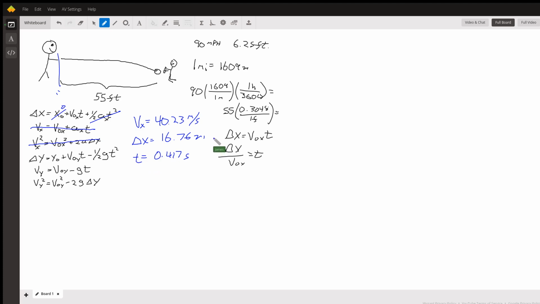Okay, so the time is the link. Now we need to figure out the y component. How far did the ball drop? This equation doesn't have time in it, so I can't use that. This one has time in it, but I'm not looking for the final y velocity. We can use that later. So I want to use this equation. We're going to say that it started off at 0. Might as well make your life easy. We know that the initial velocity in the y direction was 0, so that boils this equation down to delta y